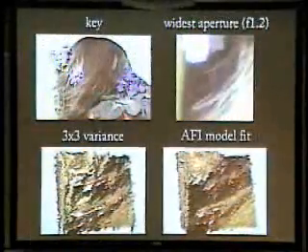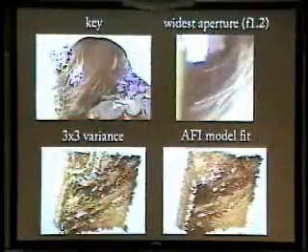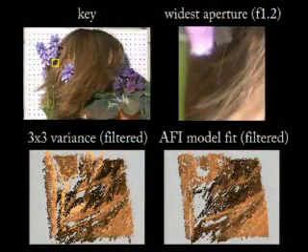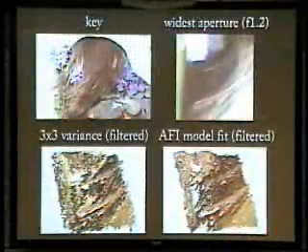Now, confocal constancy. Here we're going to show another region of the scene, and in fact it's hard to keep the scene stable. One of the hairs is flickering around in the foreground, and you can see that even though there is a large range of depths, the AFI model fitting is doing fairly well in this scene, resolving this thin structure and doing so better than the 3x3 variants.